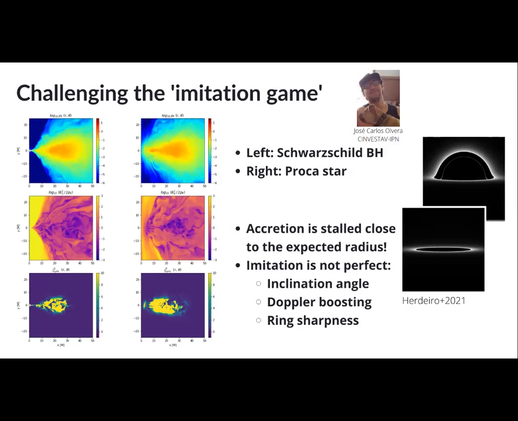So this is density, magnetization, and this is a proxy for the synchrotron luminosity. Around here we also have an evacuated region. However, the analogy is not perfect. In general, because these objects are much less relativistic than black holes or than the other boson stars, we will not have as strong lensing as we have for black holes.